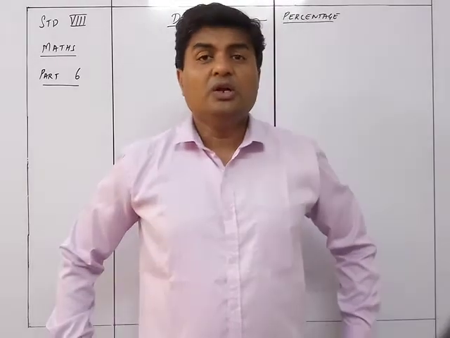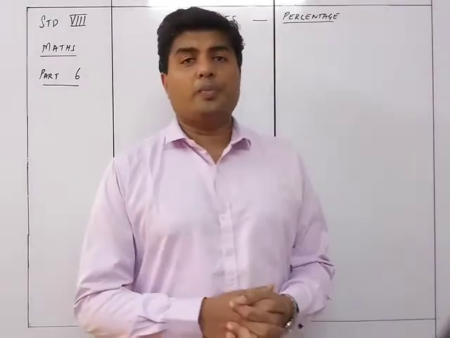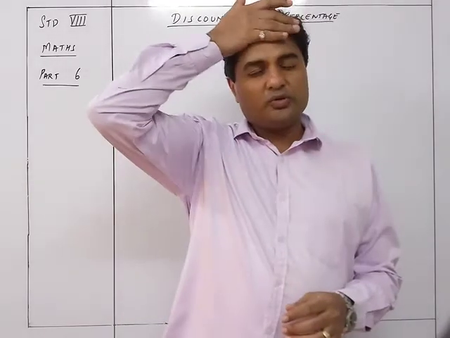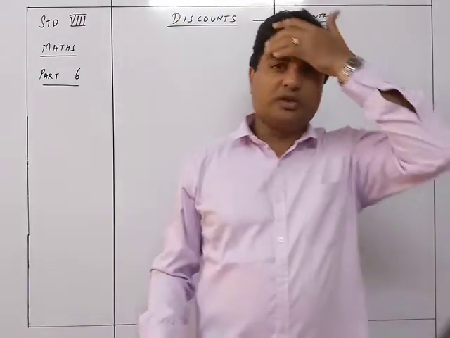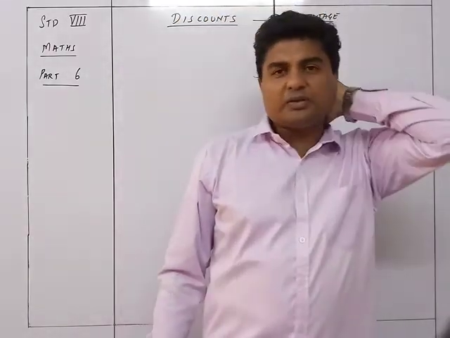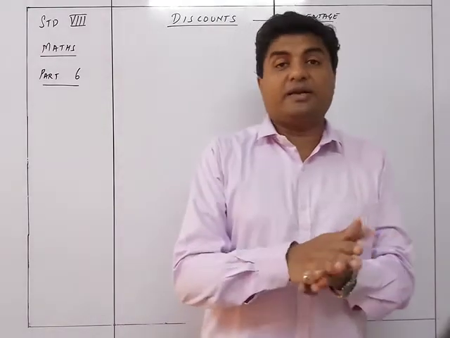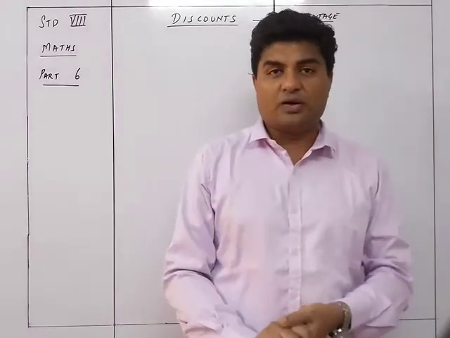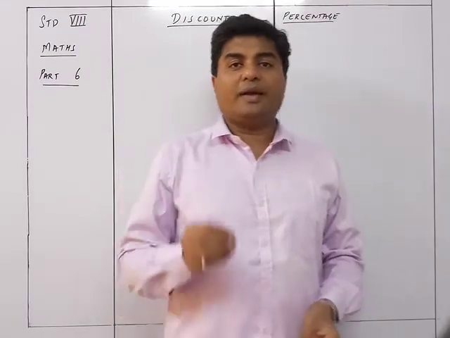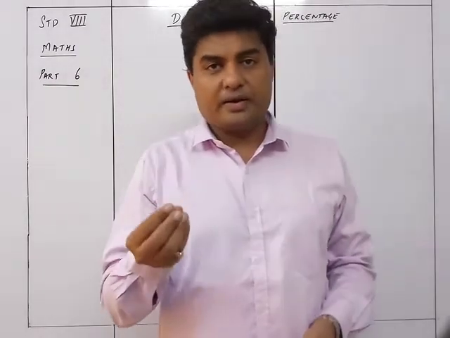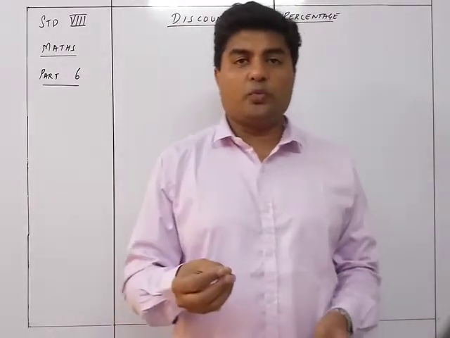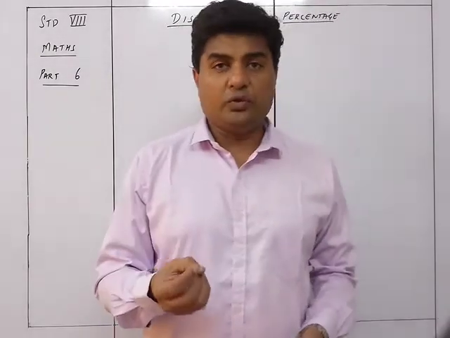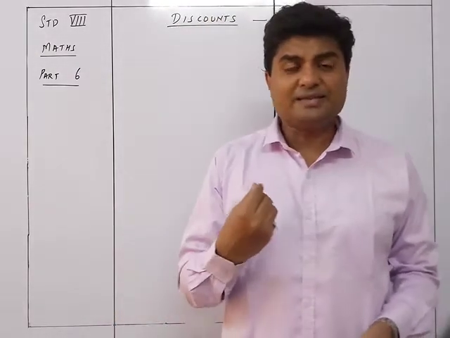are discounts. So you know that whenever you go to buy certain material, suppose you go to buy, let's say, a pen, and that is costing 100 rupees, and you say, okay, give me some discount, and the person says okay, I'll give you 10% discount. It means you are going to get 10 rupees on 100 as a discount. So accordingly, the one which was costing 100 rupees will cost you 90 rupees, because 100 minus 10 is 90.